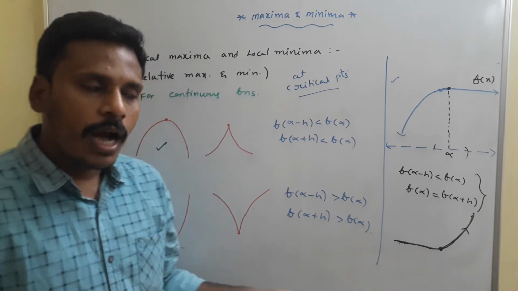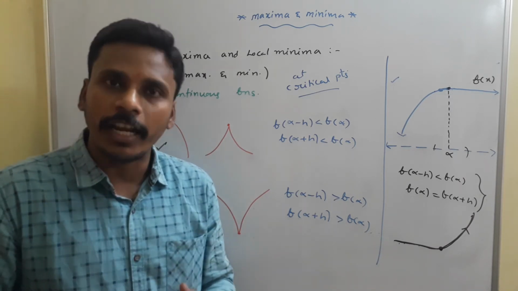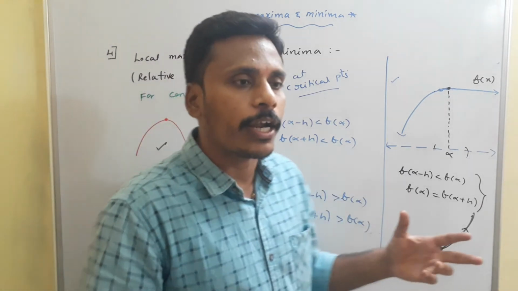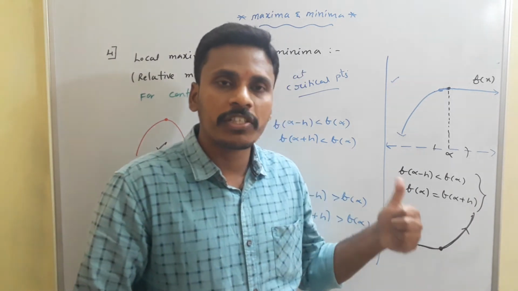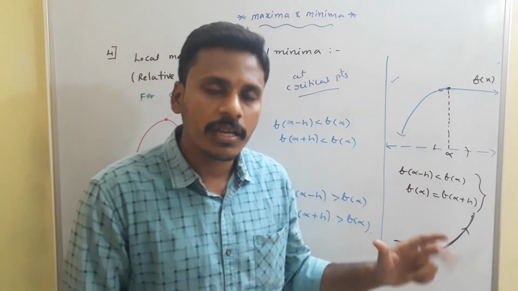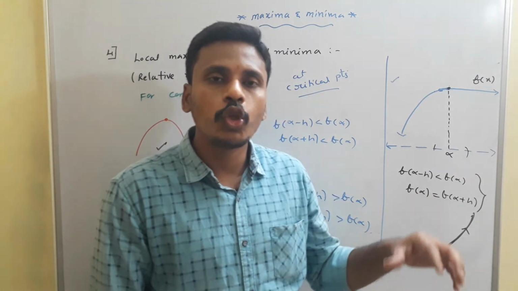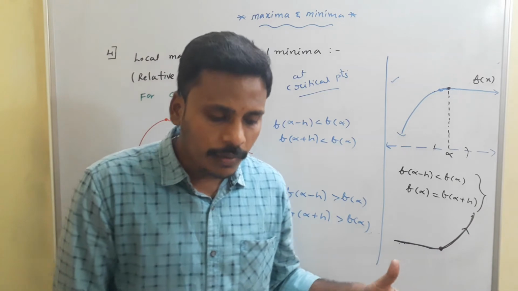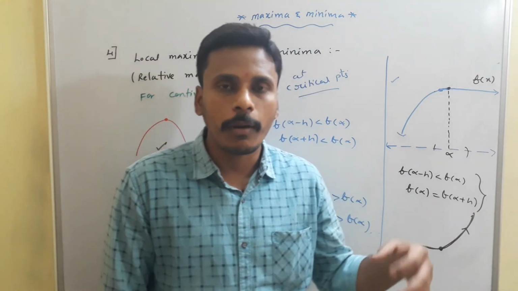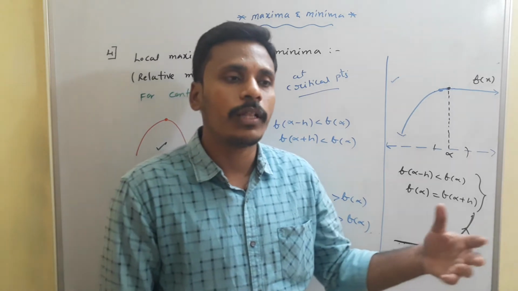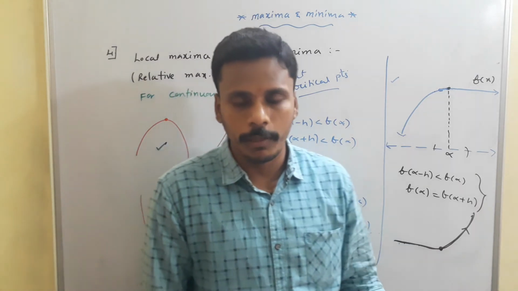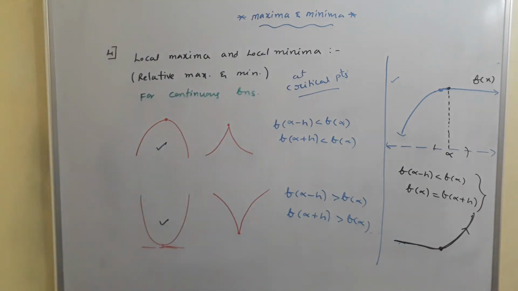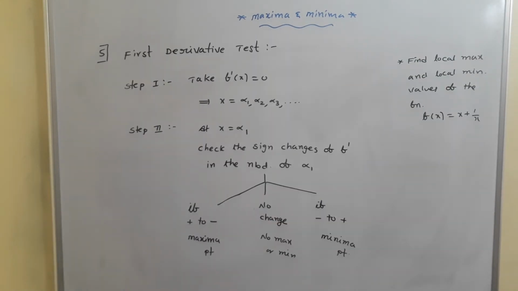Okay, you just have a look. And to find the local minima and local maxima values and points for continuous functions, we have different calculus methods, and we call them the first derivative test, second derivative test, as well as nth derivative test. Using those methods, we will find local maxima and local minima points for the given continuous functions, as well as maxima and minima values. After that, we will extend our idea to global maxima and global minima, right? And I will give you the first derivative test now. Just have a look. Okay, look at the board.